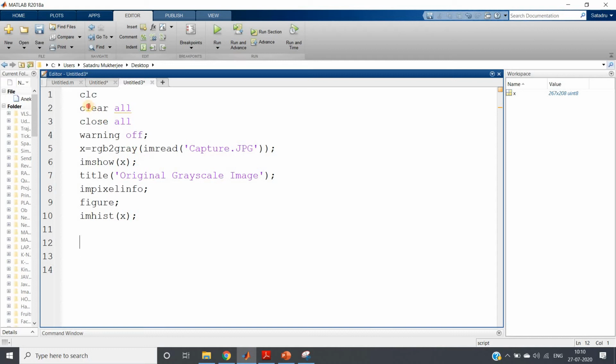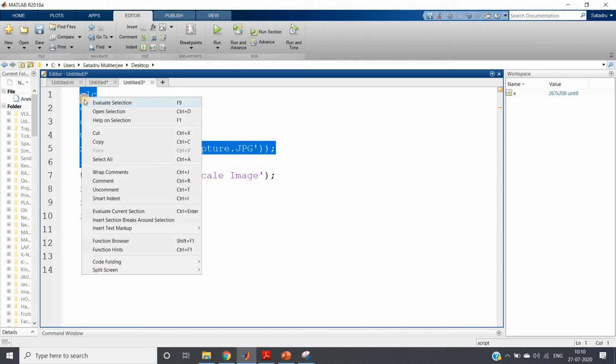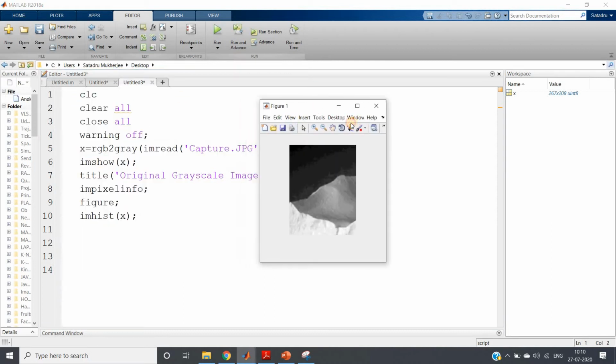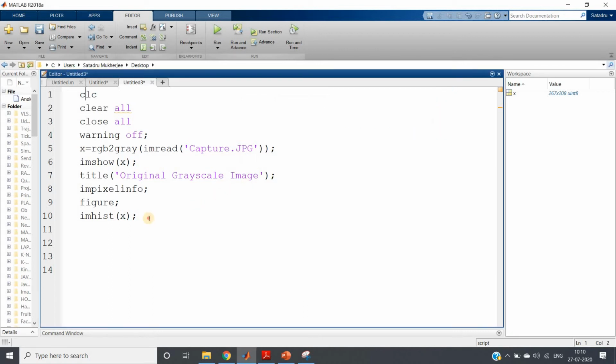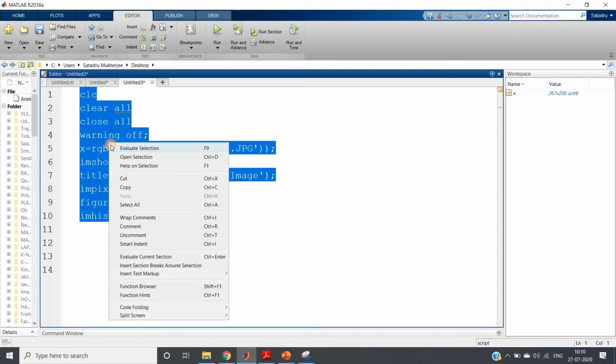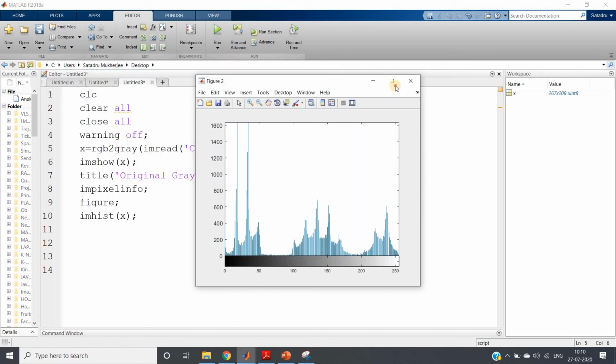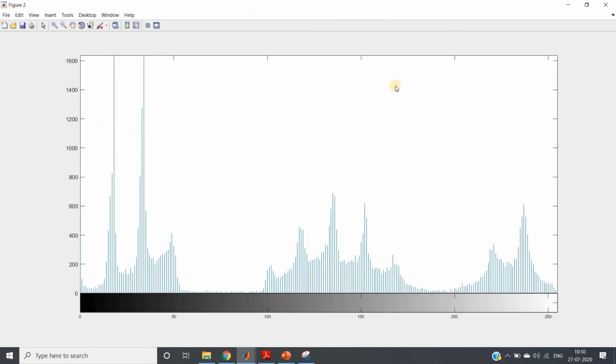The idea is very simple. First of all, let me take the image. If I just run this particular part, I will get this. Now I will plot the histogram and try to find the valley parts. Here two valleys are required.